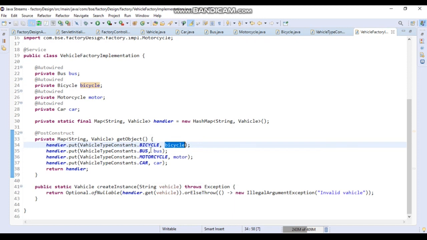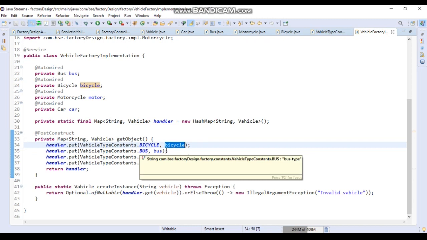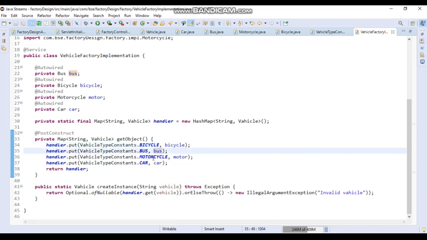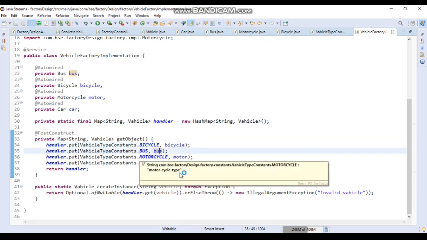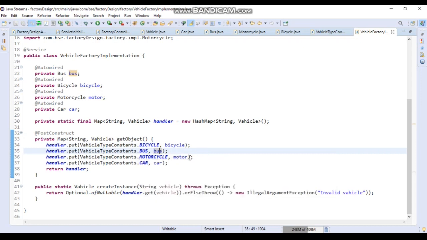Then bus with the bus type string, and the value as the auto wired bus, and then motorcycle type with the auto wired motorcycle, like this. And then I have written this handler. I have created this map as private static final because it should be immutable, and it should be initialized at the time of starting only.